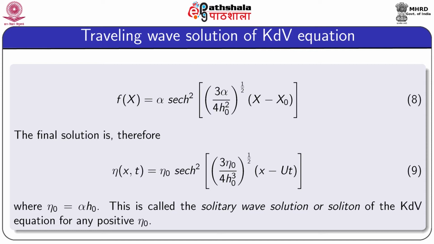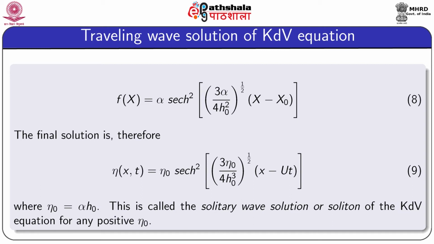So, the expression for eta becomes eta 0 into sech squared of (3 eta 0 by 4 H0 cubed) to the power half into (x minus ut), where eta 0 is defined as alpha into H0. So, equation 9 gives the solution of the nonlinear KdV equation, and this solution is called the solitary wave solution or